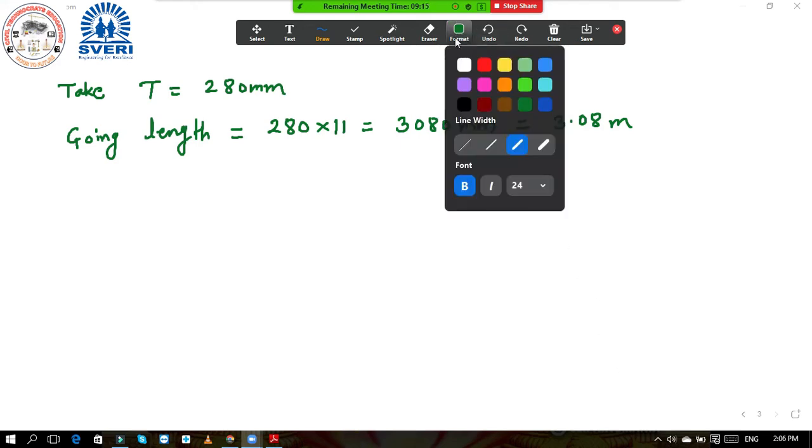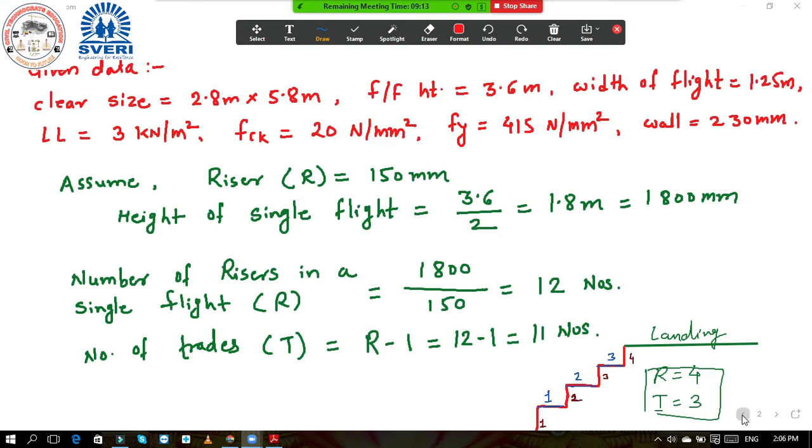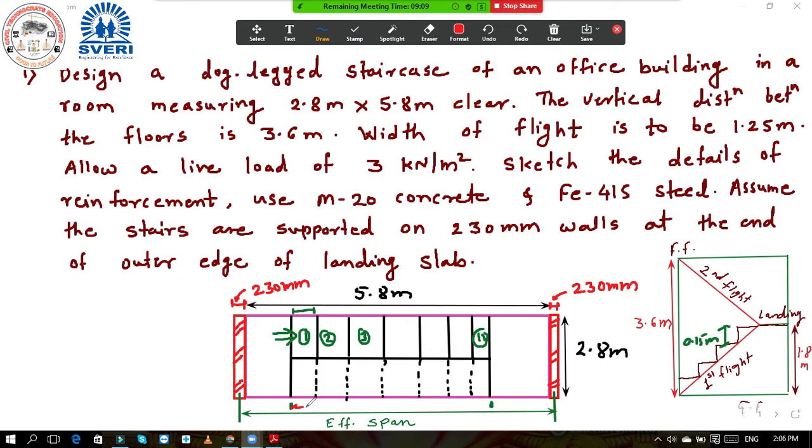3.08 meter. Now if you go back again and see over here, this much length from this point is 3.08 meter. Still it is not our effective span. This is only our going length. Now how much landing should we give? We want to calculate how much space we should leave over here. So landing is this distance. This landing also we need to provide, and here the approach slab is also there, that is another landing.